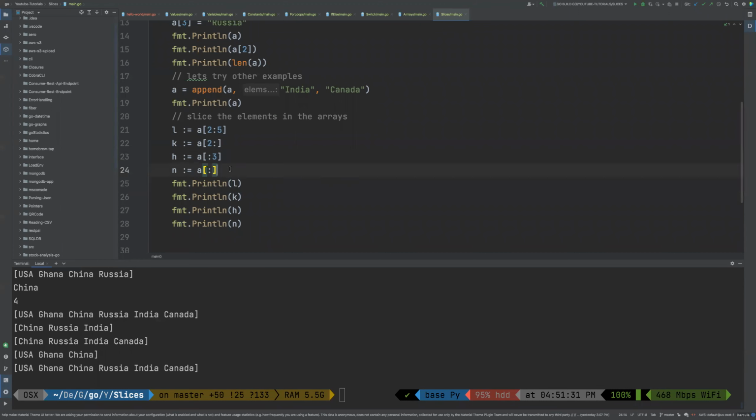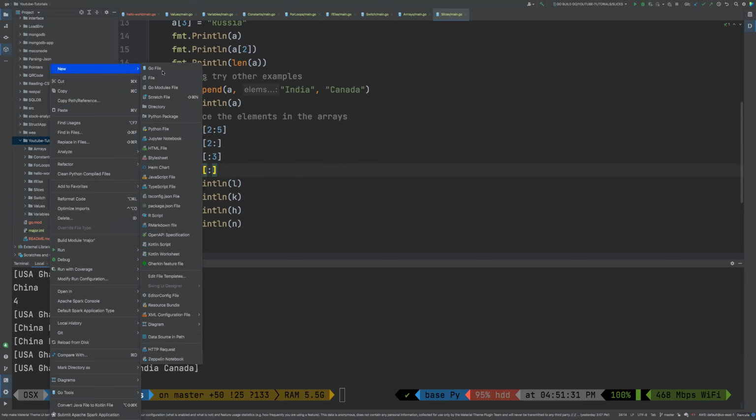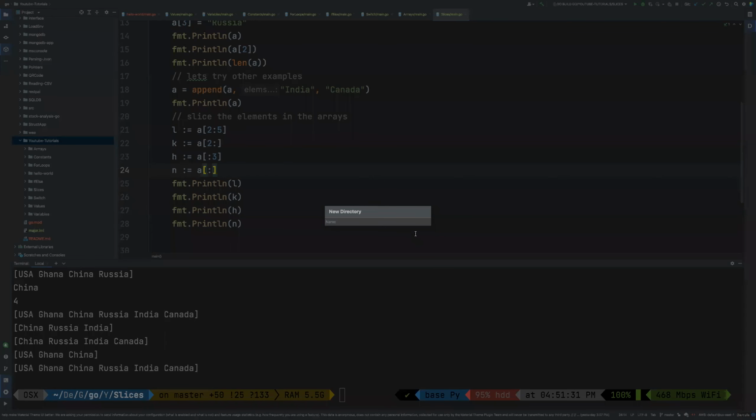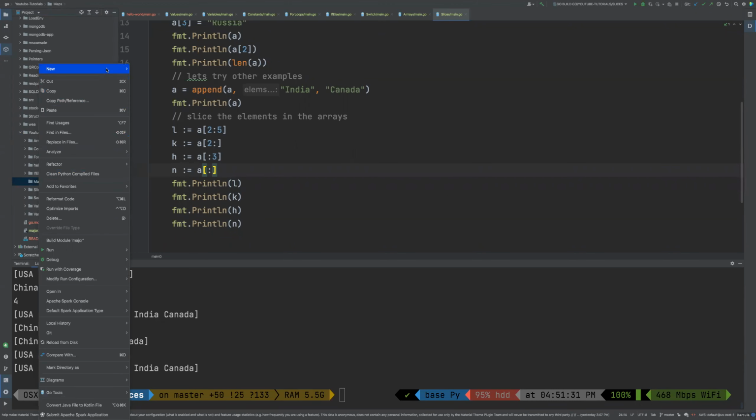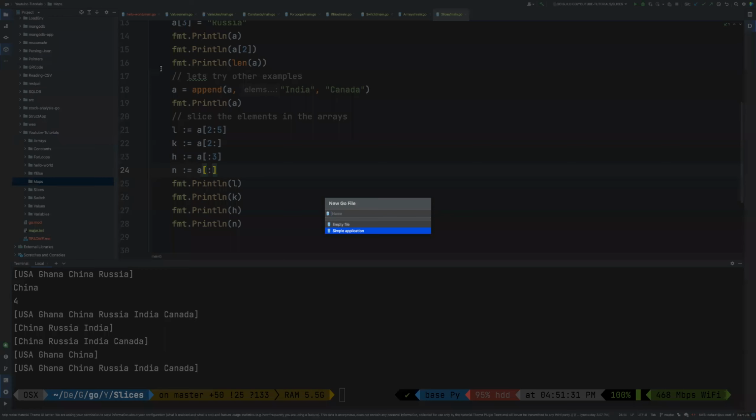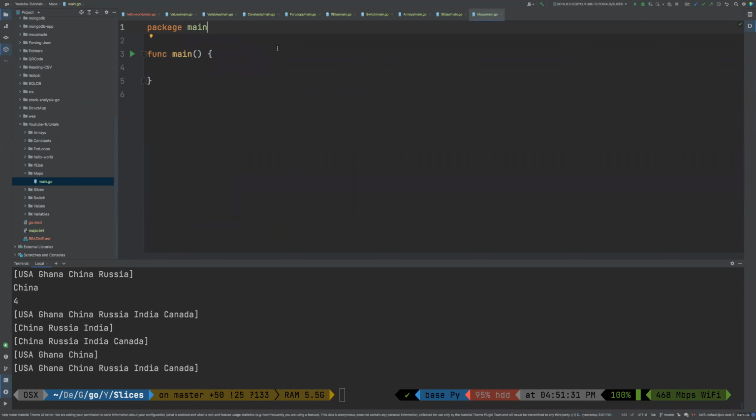Okay, so I'm in the IDE right now. I'm going to create a new directory that I'm going to call maps. And then within that maps directory, I'm going to create our Go main file. So inside the main function,